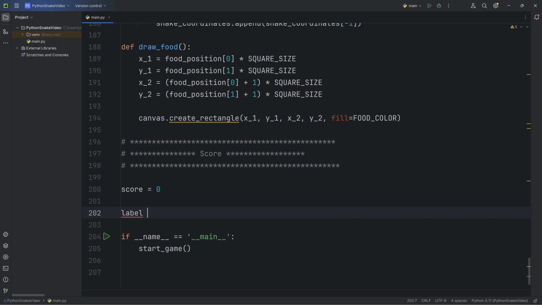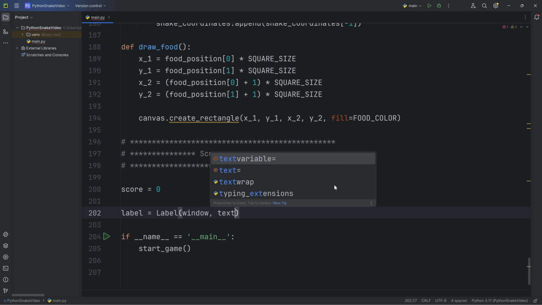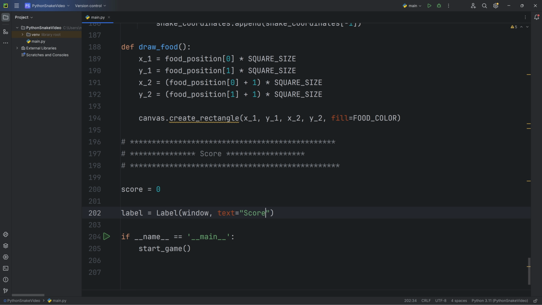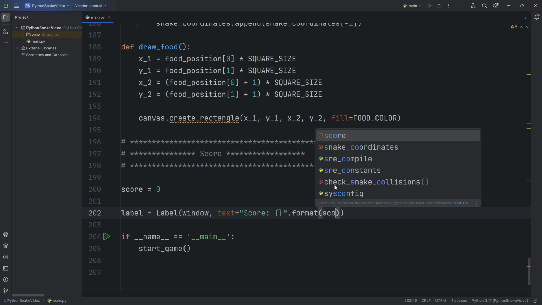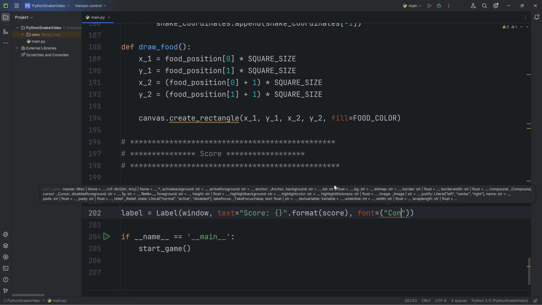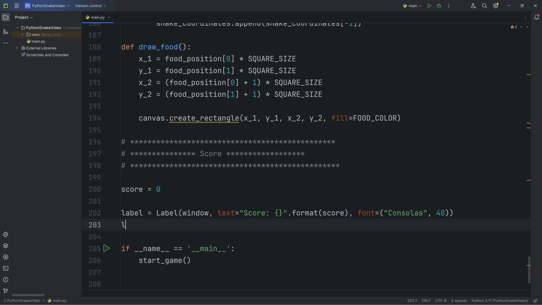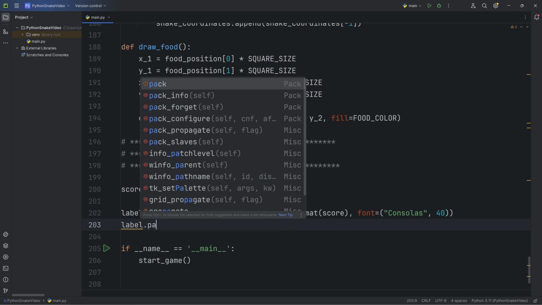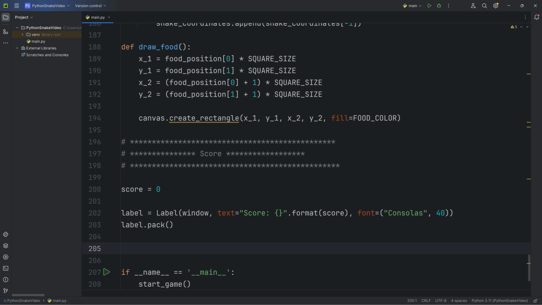Label equals label window text equals score format score, font consolas 40, label.pack, and define increase score function.